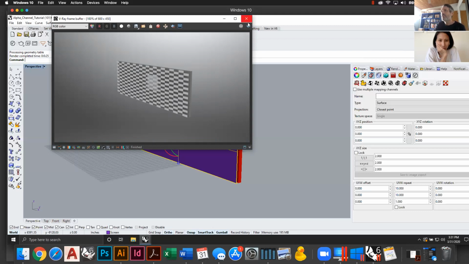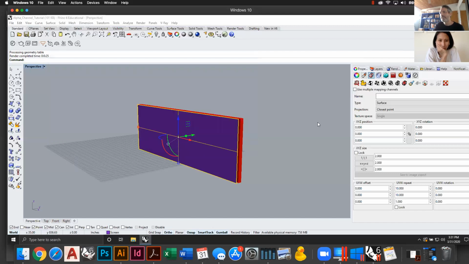What we can also do with this though is we don't need to just accept the preset checkerboards or other patterns. We can build our own patterns and apply them with a knowledge of the size of this thing already. So this wall in Rhino scale is 30 feet by 10 feet. And so I pre-built